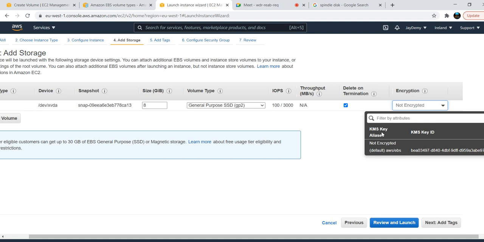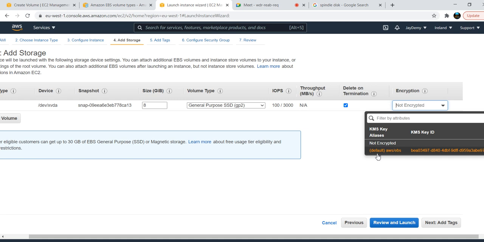We can create our own keys with KMS, or use them for every service. Wherever our data is stored, whether EBS, S3, RDS or any other storage-related service in AWS, we need to use a KMS key.